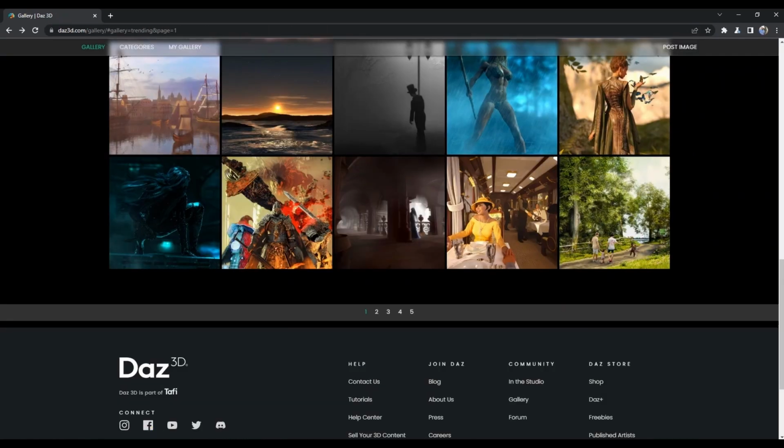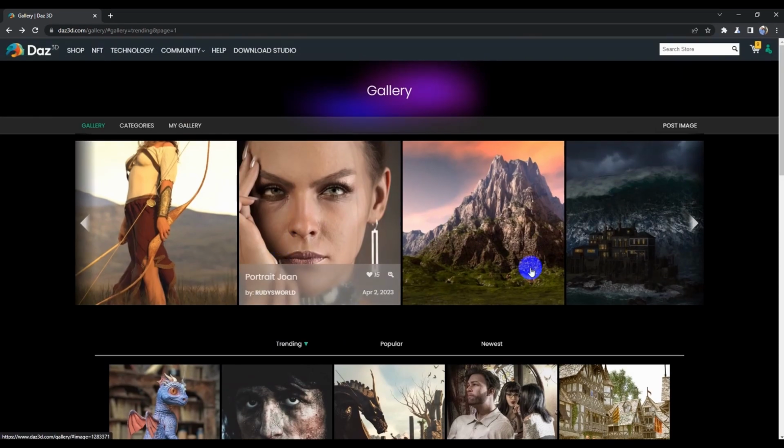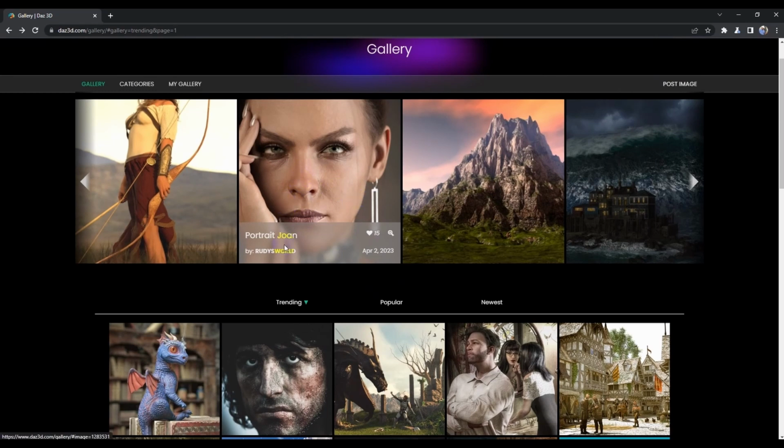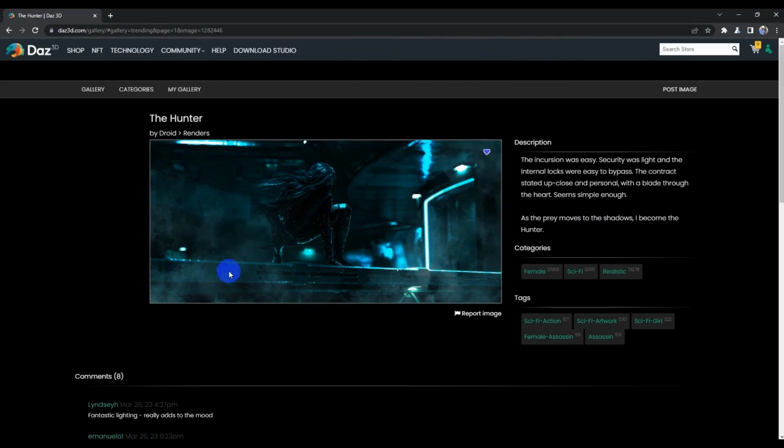So here's how this works. As you can see, you can buy all these already made. For example, if you buy this picture, it's not only a picture that you are buying, the whole female assassin together with the environment, meaning you can create a video.